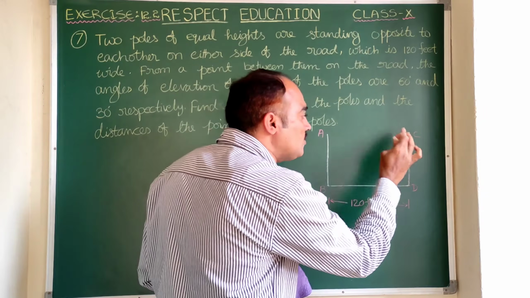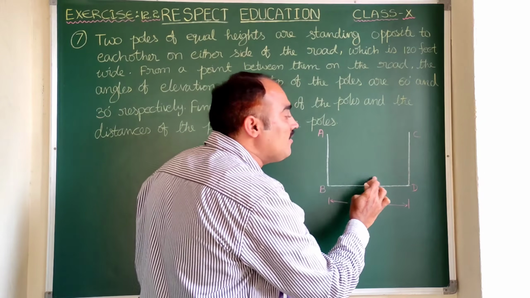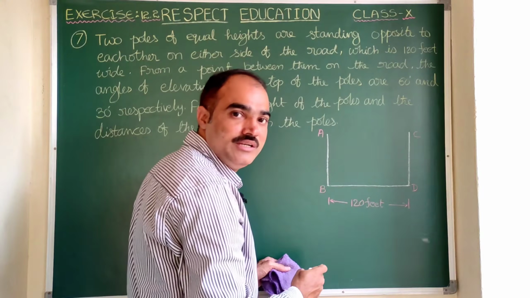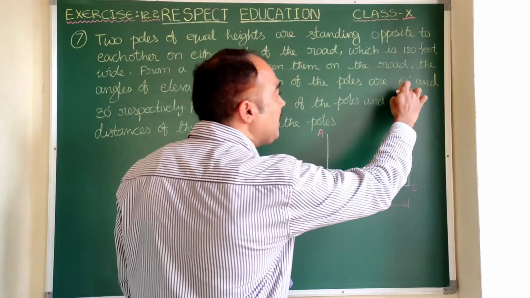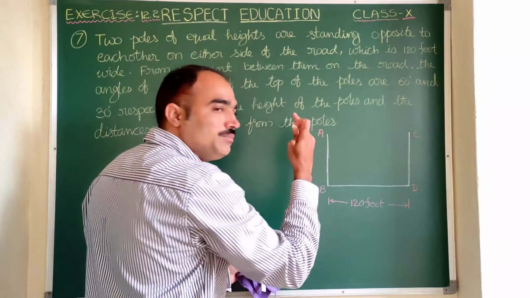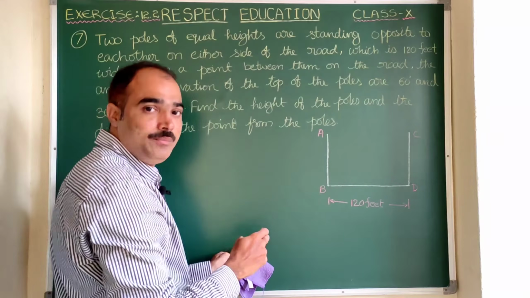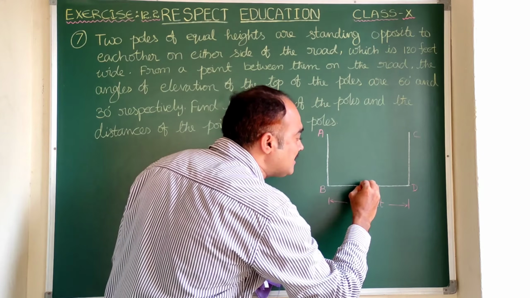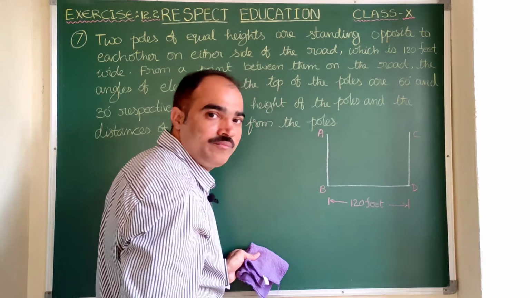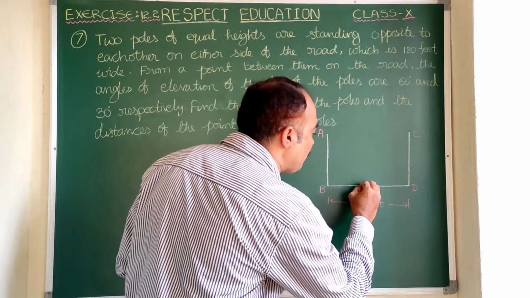since these two poles are equal, it will make equal angles with both the poles. But here the question is that the point should make 60 degrees with the first pole and 30 degrees with the second pole. As we need 60 degrees, the distance should be less as the angle is more. So here you have to take a point.